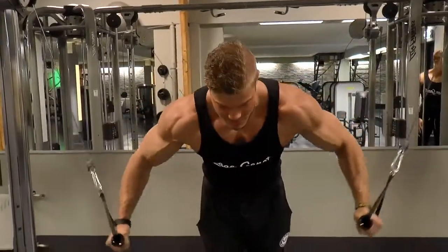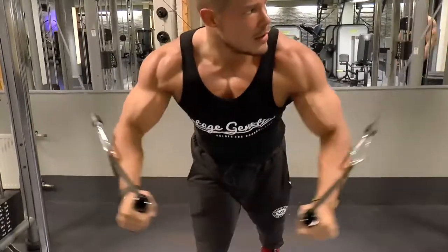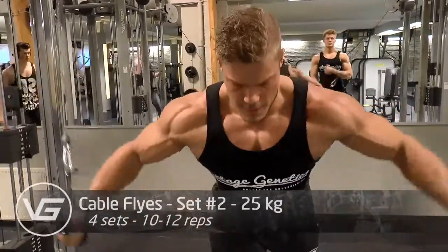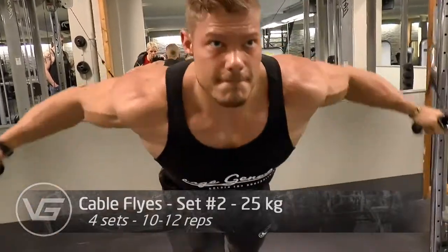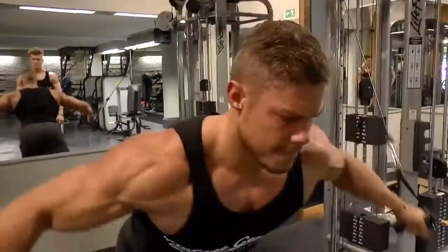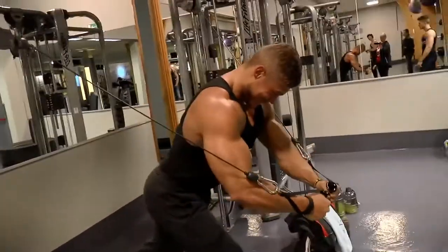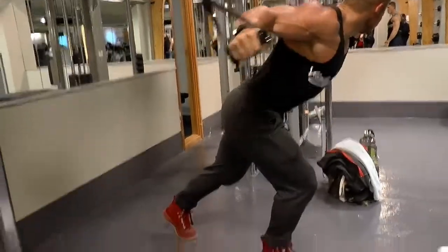And a workout cannot be complete without some form of flies, the only true isolation movement for the chest. Isolation means that you're only using one joint, in this case the shoulder joint, to contract the chest. The elbows are not doing anything right now, so the triceps are out of the question. And if you look at my chest, you can see that the tension is still there throughout the entire